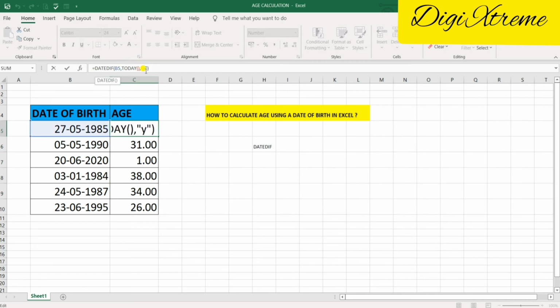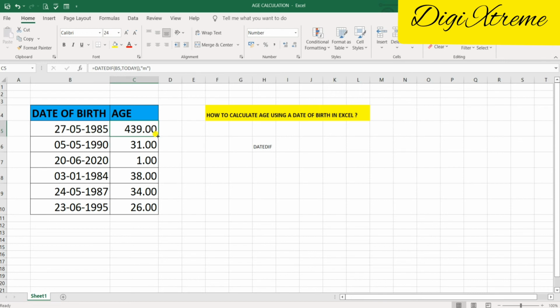Hover your mouse over the formula, and you can see your formula in the formula bar. Click over here, delete this y, and instead of y write m. M stands for month, and just press enter. Now you can see I have got the result in months.